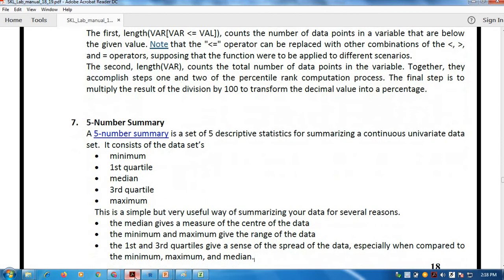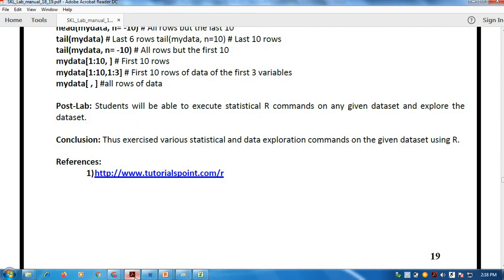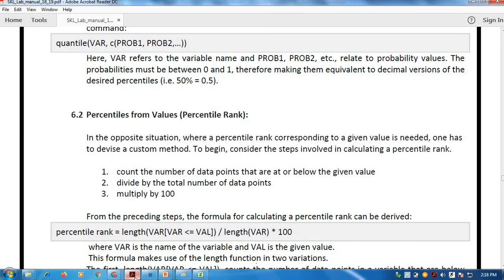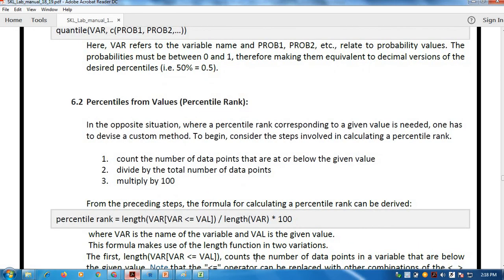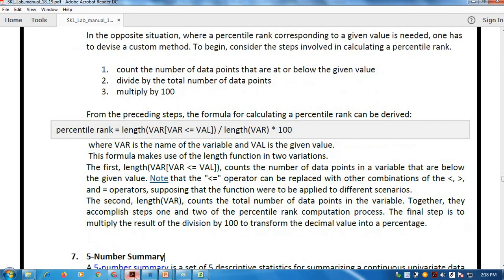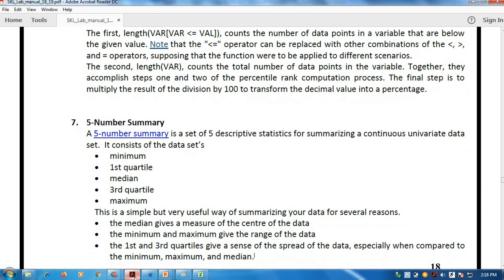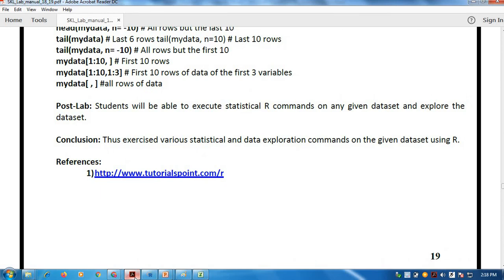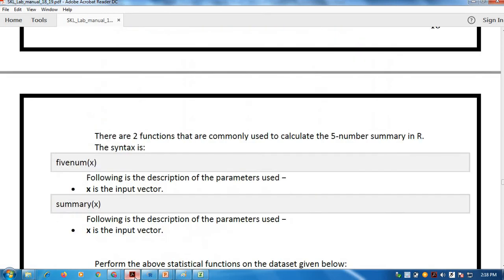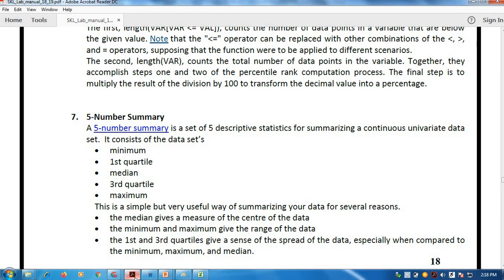Next important and commonly utilized command is the summary command, because it is giving you information about your data set which is very importantly required. Those values are the minimum value, first quartile, median, third quartile and maximum.